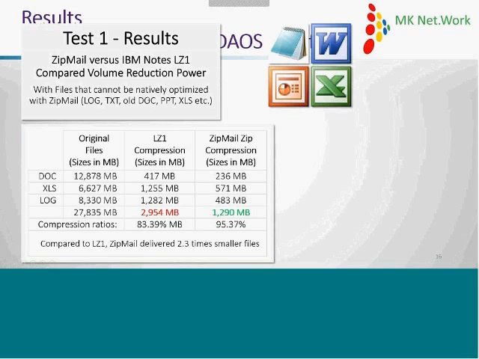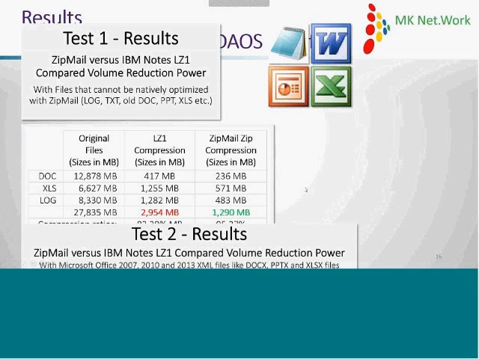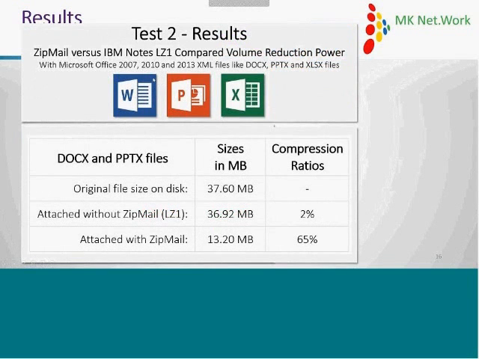First test: the old DOC, PPT, XLS files and some log and TXT files. And here you have the ratio. Compared to LZ1, Zipmail doubles the savings. In fact, items are 2 times or a little bit more than 2 times smaller than what LZ1 is able to deliver. With the actual Microsoft Office files,